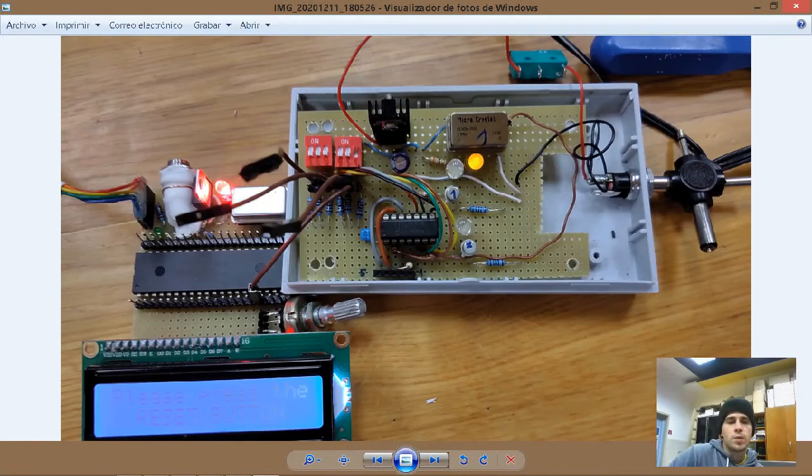So I'm going to show you the implementation of this project. This project consists of PIC microcontrollers using MPLAB, and you also need the PICkit 4 or PICkit 3 to send your program. Here you have 5 volts. You also need 5 volts